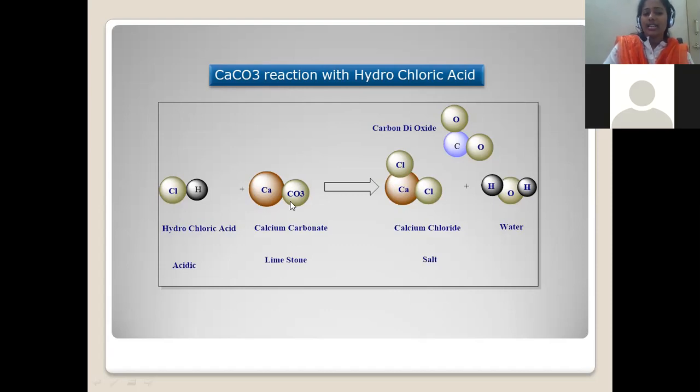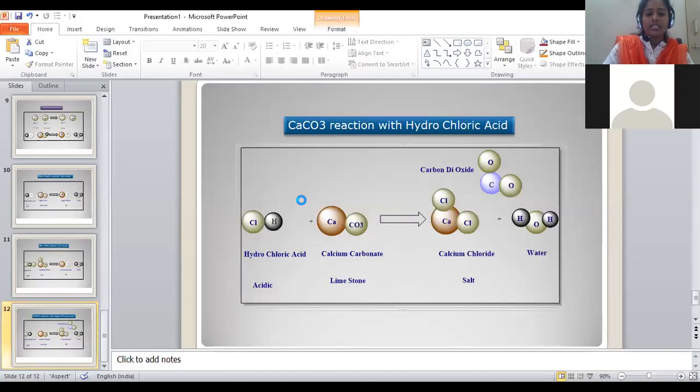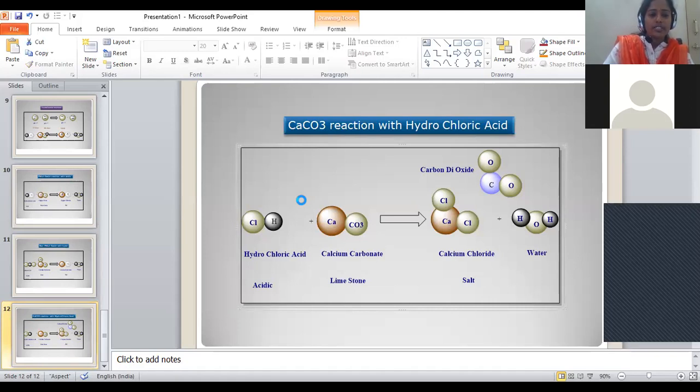Hydrochloric acid, upon treating with calcium carbonate, gives calcium chloride, carbon dioxide and water. In order to balance the equation, one more water will be added here. This is the possible reaction between calcium carbonate and HCl. How many moles of HCl are required? 2 moles of HCl are required in order to write the balanced equation, right? 2 moles of HCl are needed here. Then only the equation is completely balanced.